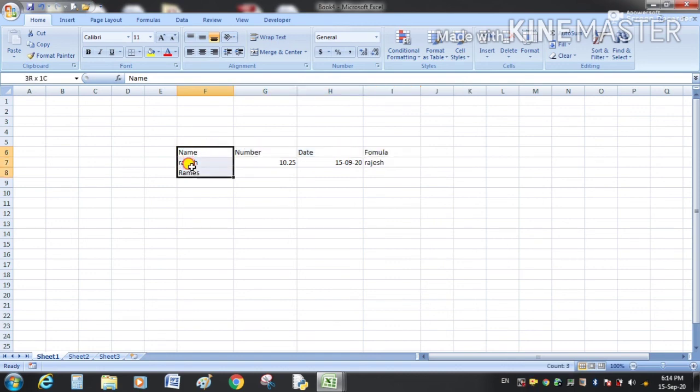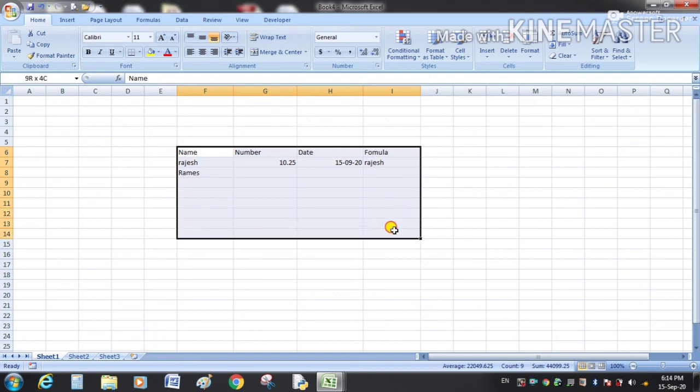This is also a range. This is my vertical range. To select a range, place your cursor in the first cell and then just drag the mouse. In this way you can select a range.